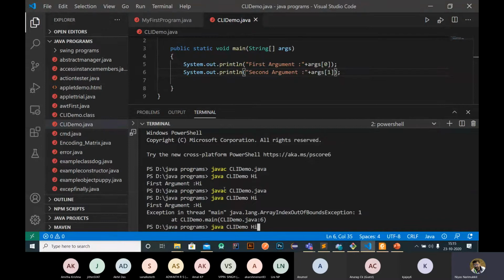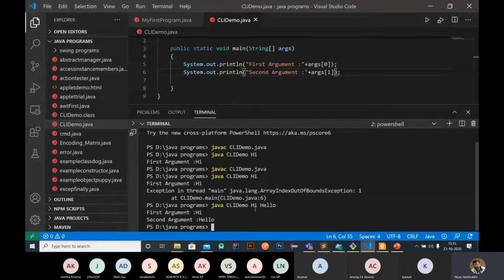While running, I can pass two arguments. Instead of just hi, after a space I add hello. The first one is saved inside args[0] and the second one inside args[1].